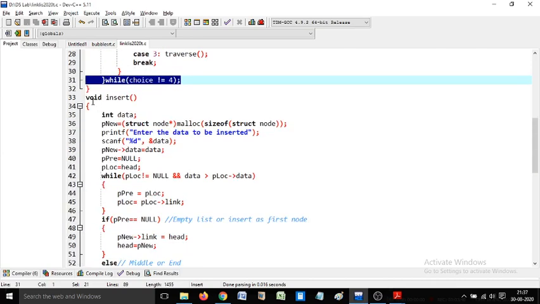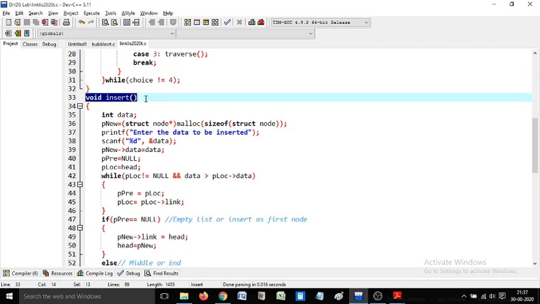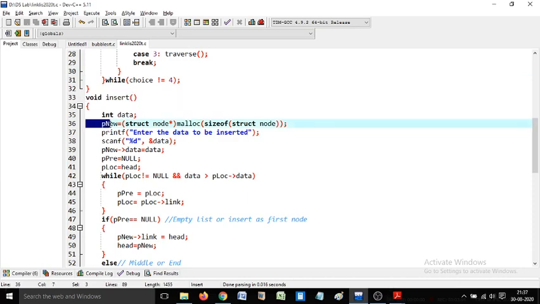Coming to the various operations, first I have the insert operation. As we saw in the algorithm, I'm making use of the p new pointer, but because it's a program, I have to go for memory allocation. So I'm acquiring the memory for the pointer using the malloc function. You must be aware of the syntax to be used here.